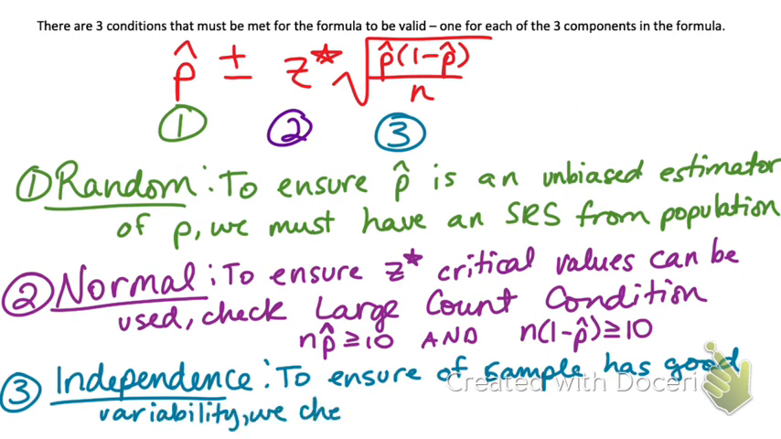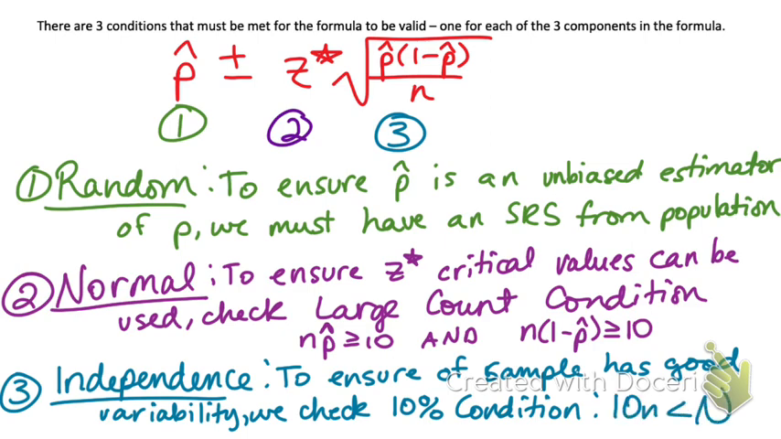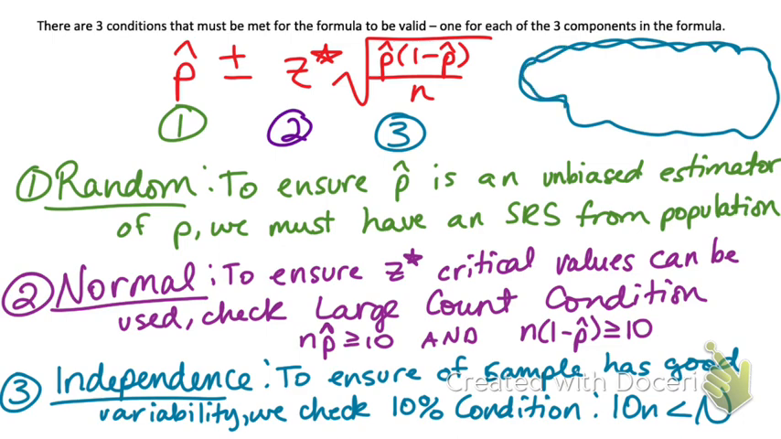We check the 10% condition. And again, that is just 10 times the sample size has to be less than the population size. Now, let me explain. So let's just say we have this population here, okay? And in this population, we have little groups that make up this population, okay? All of these little subgroups, maybe think of the city of McKinney, and maybe these are little neighborhoods in